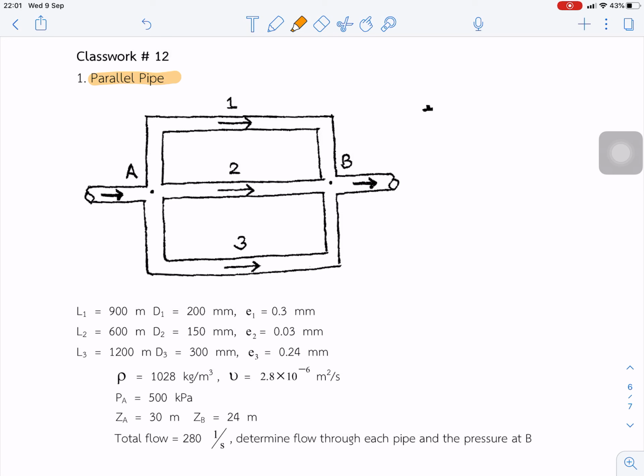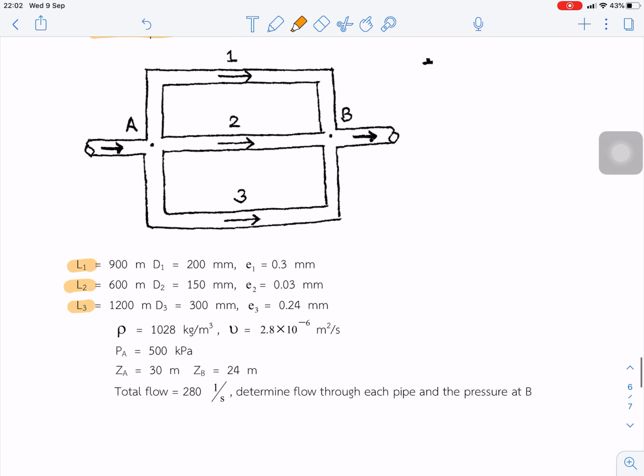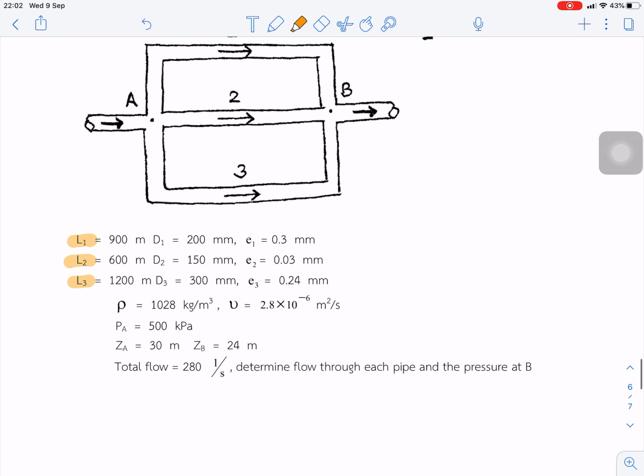Classwork 12, we practice on the parallel pipe. So we have 3 pipes, given the length of the pipe, the diameter, and e, the roughness, so we can estimate relative roughness, or even we can estimate the friction factor if we assume that the flow is completely turbulent for each pipe. So from this, the concept for the parallel pipe,